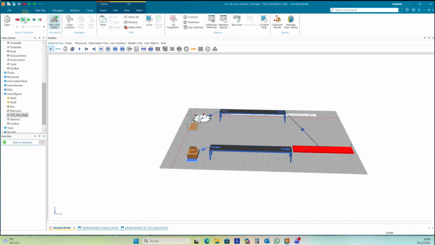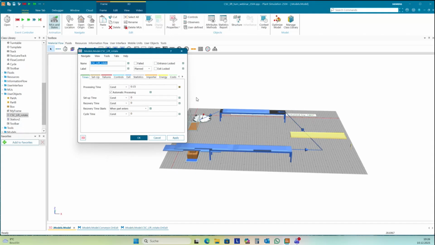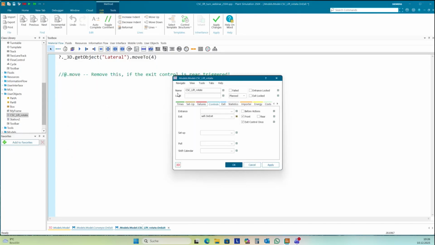Here, let's have a look. It should not move the part to the successor. Okay, I haven't saved the changes here.